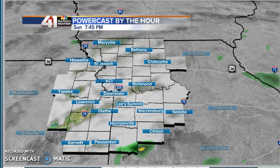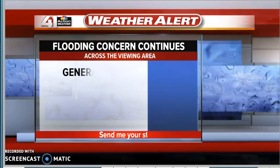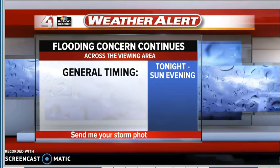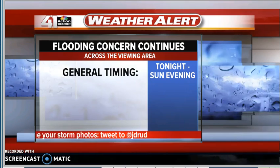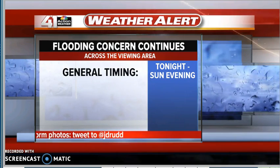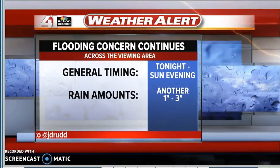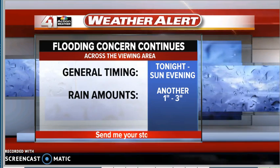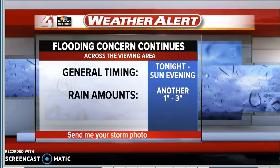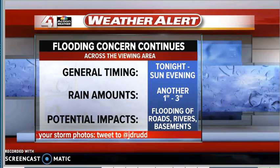So with all that in mind, this is kind of the latest thinking that I have. This is still a weather alert weekend. Don't forget about that. If you're camping, know somebody who is, or somebody who's trying to do anything with the fireworks or anything else, be prepared for more rounds of rain tonight through Sunday evening across the viewing area, not just in Kansas City. Keep that in mind. If you're in Metro KC, I think the rain kind of tapers off after about the lunch hour on Sunday. We could see anywhere from another 1 to 3 inches with some locally higher amounts possible, which may still lead to flooding of rivers, roads,